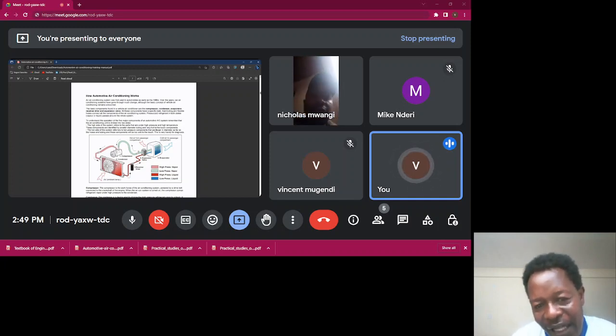And after it has been cooled down, it will have high pressure but in liquid form. That is between the condenser, this point that I'm showing, and the expansion valve,